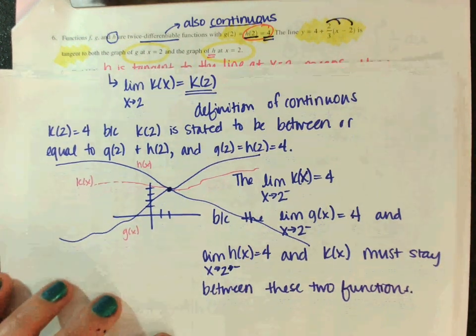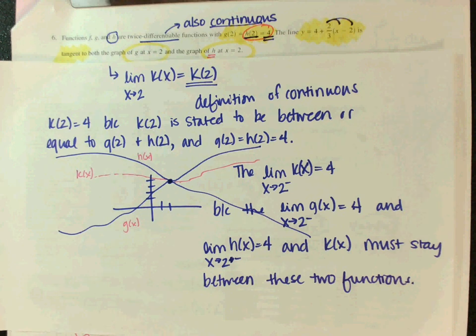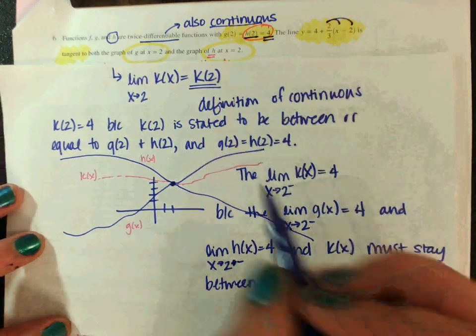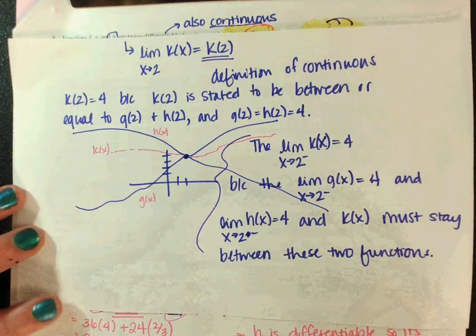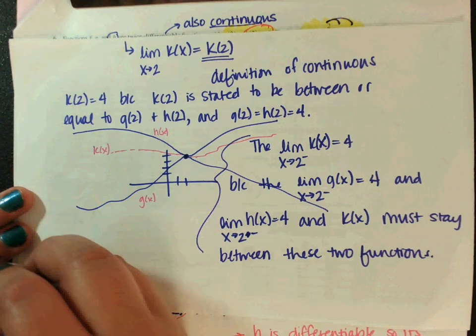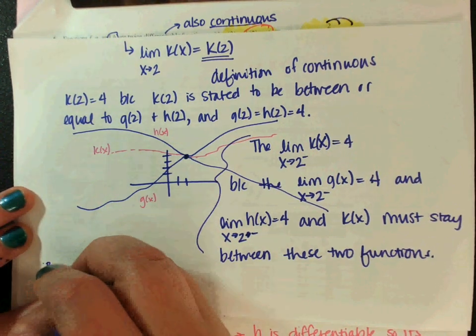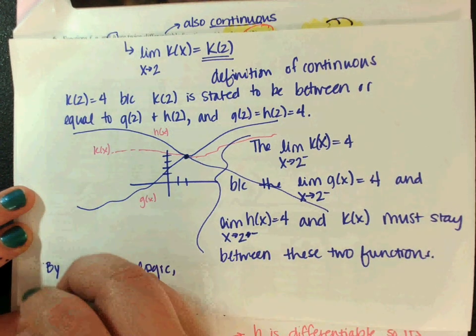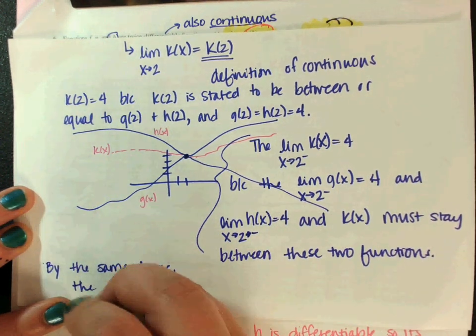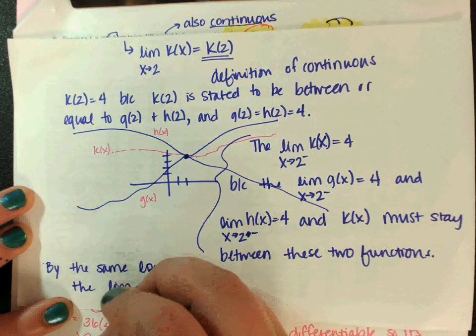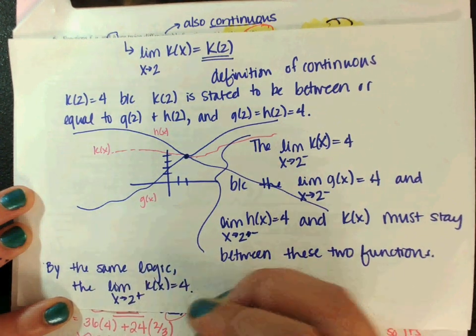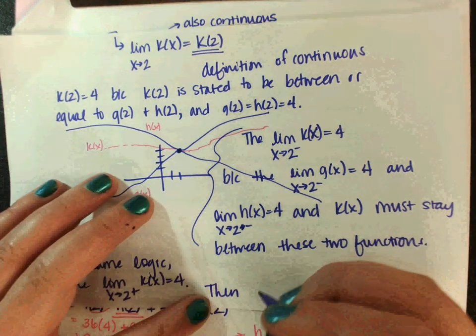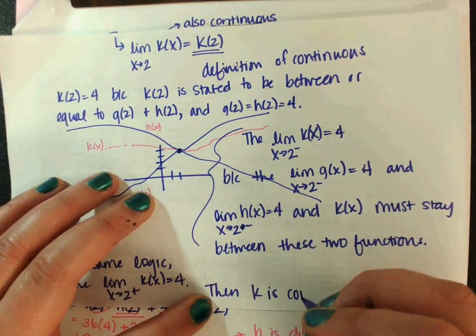So my limit for g from the left is 4, my limit for h from the left is 4. Well, then if k is staying between, its limit has to be 4 too. Now, rather than re-explaining this whole thing, by the same logic, the limit as x approaches 2 from the right of k of x equals 4. Then k is continuous